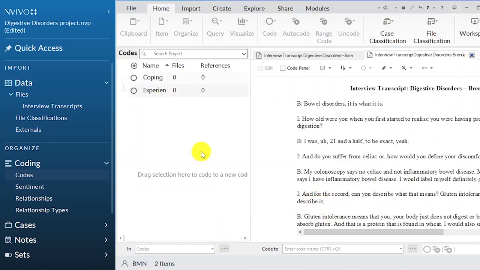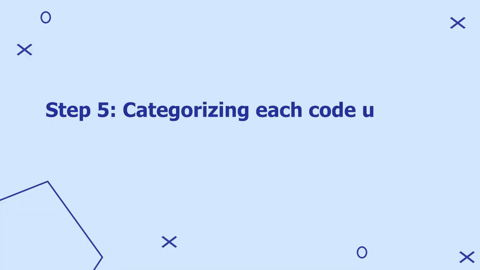Now, these are the two primary themes or the two primary codes that we are going to use to analyze our interview transcripts. So all the other codes that we will have in our interview transcripts will go to either coping strategies of people with digestive disorders or experiences of people with digestive disorders. It's important to have primary themes or primary codes that come from your research questions so that you can have a clear idea of what you are looking for in the interview transcripts as you conduct your qualitative data analysis. Let's analyze the first transcripts, which is